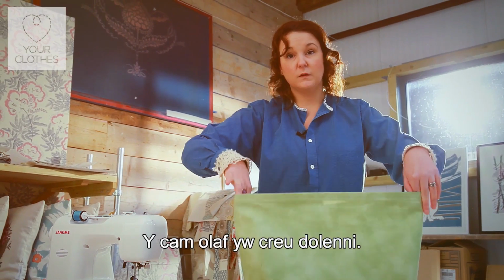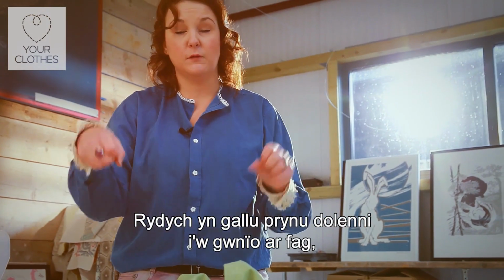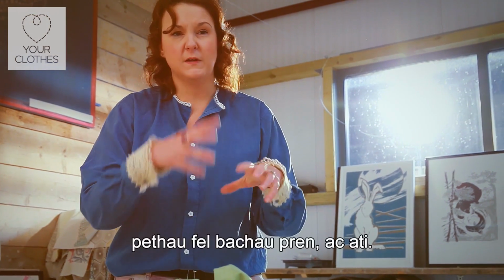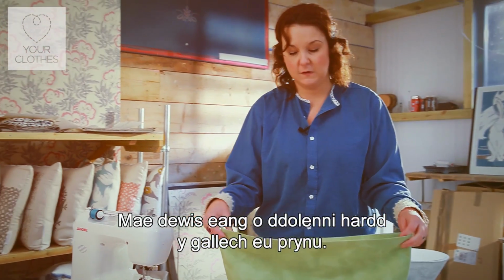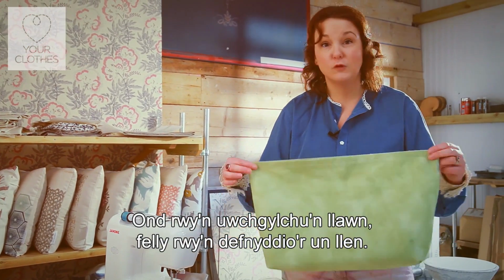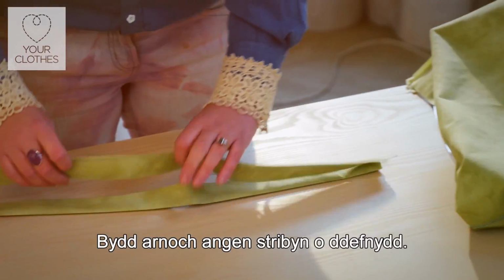So the last thing you want to do now is your handle. But you can actually buy handles that you can physically sew on with, I don't know, wooden hooks and things. So there's lots of lovely additional handbag handles that you can actually purchase. But I'm going for a full upcycle, so I'm just using the curtain. All you're going to need is a strip